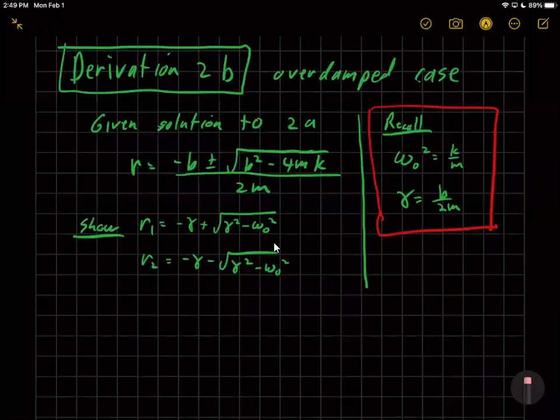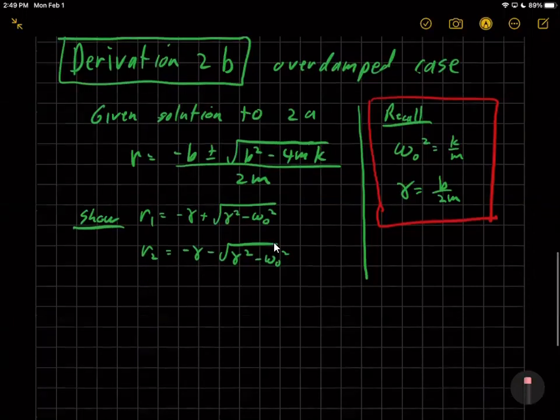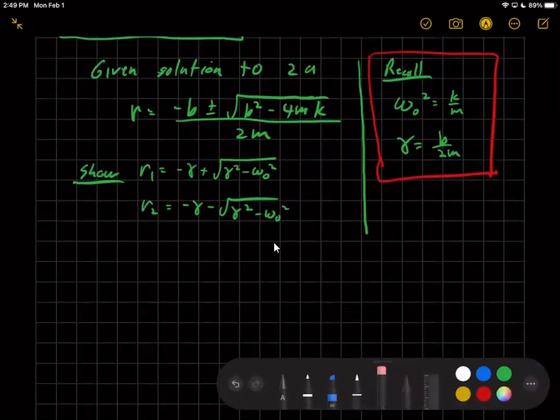Okay, so we now need to do derivation 2b for the overdamped case. I've written down what's given and what we need to show over in the left-hand column, and over in the right-hand column, you can see what we should recall. The angular frequency or angular velocity with no damping, when you square it, is equal to k over m. And the decay constant, which we're going to get out of this, is b over 2m. And if you're clever, you can see those right in the original expression given for R that we derived in